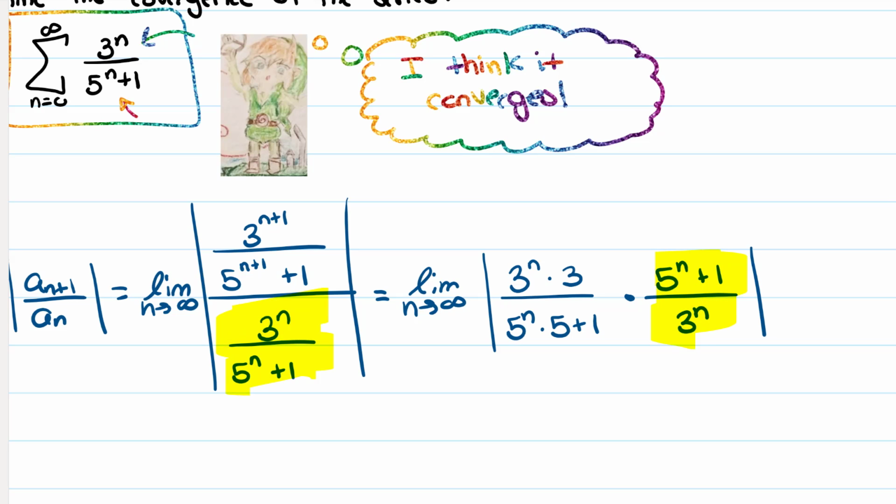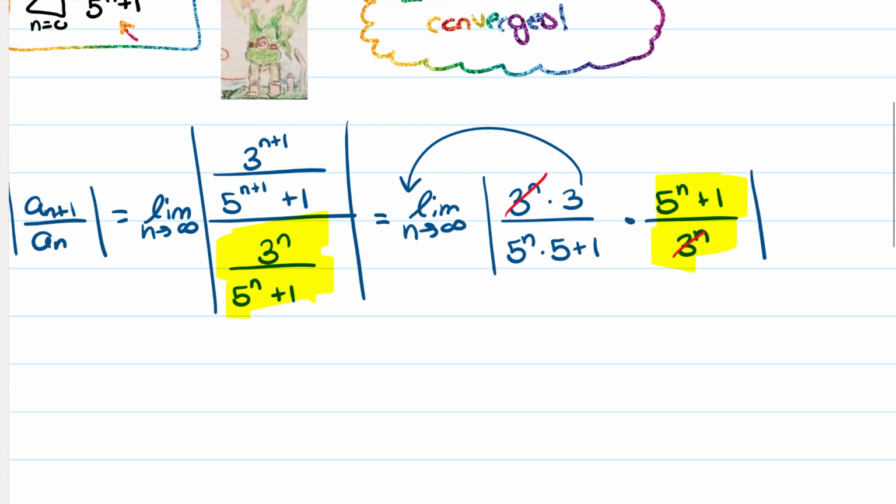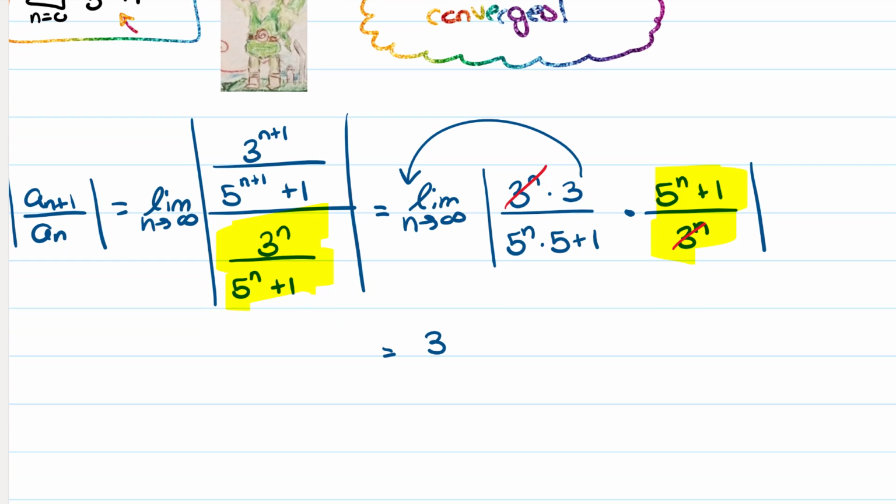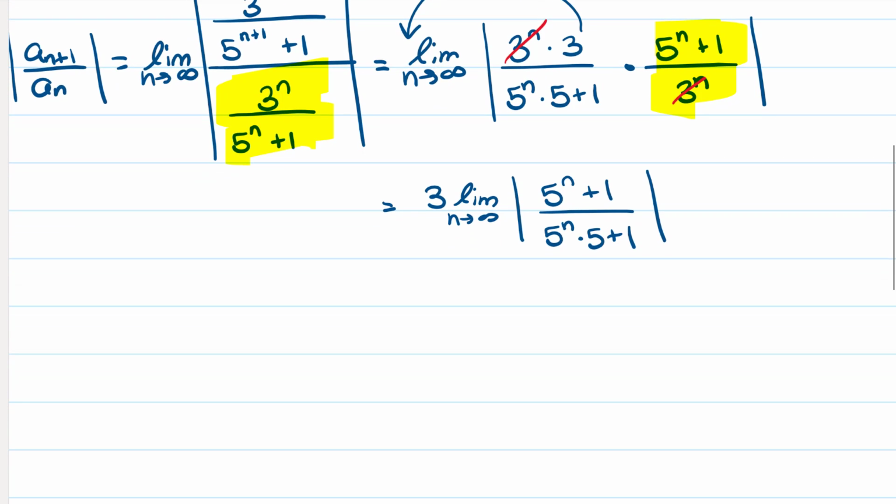Okay, so let's see if we can cancel anything off. Well, I can cancel off this, so that's nice. And I can bring this 3 out of the limit because it's a constant. So this is 3 times the limit as n goes to infinity of the absolute value of 5 to the n plus 1 over 5 to the n times 5 plus 1. Now, this one's a little tricky because I need to get basically these the same, and I'll be good to go. So I'm going to use my n behavior model,